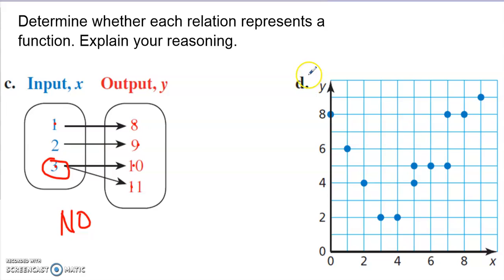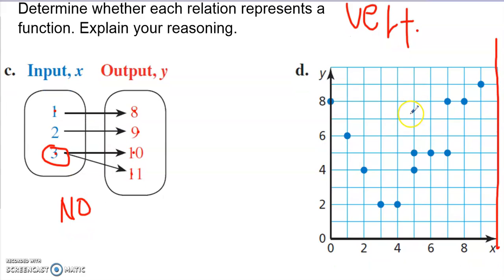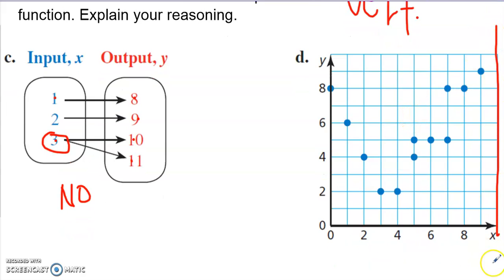Another way to determine if it is a function or not is by using what is called the vertical line test. The vertical line test basically says if I draw a straight vertical line down here, and it only passes through one point, then this graph is a function. So we need to see if it passes the vertical line test. So if I draw a line right here, yes,